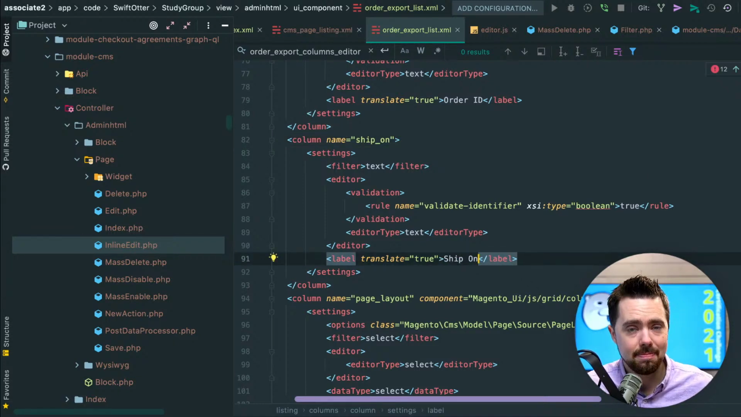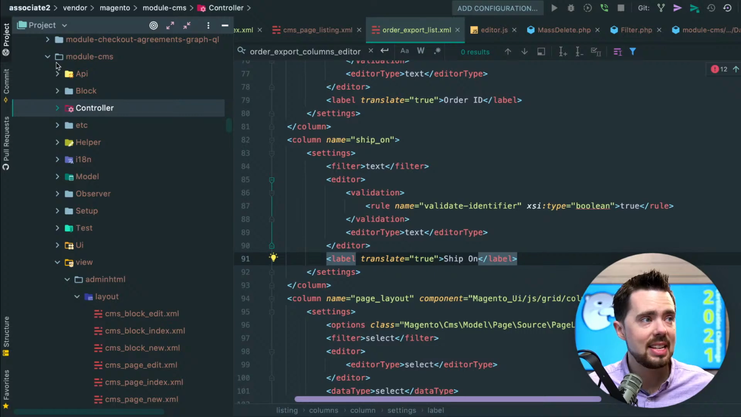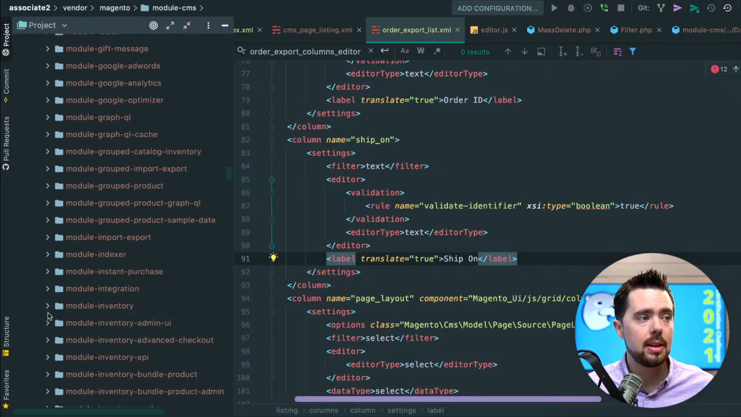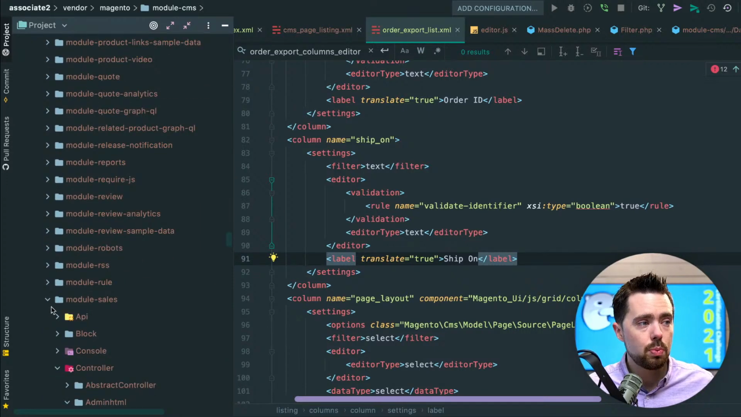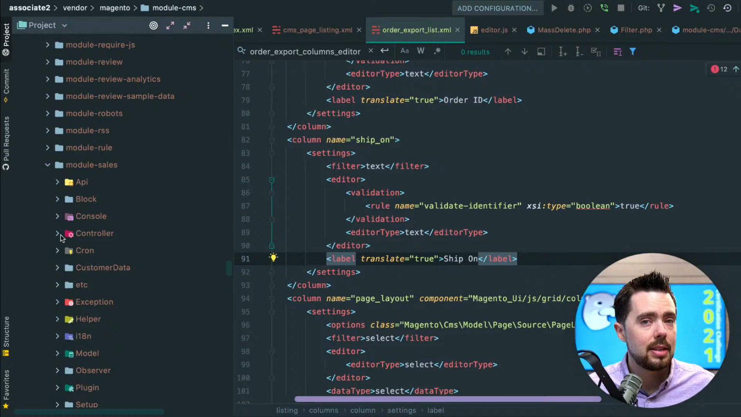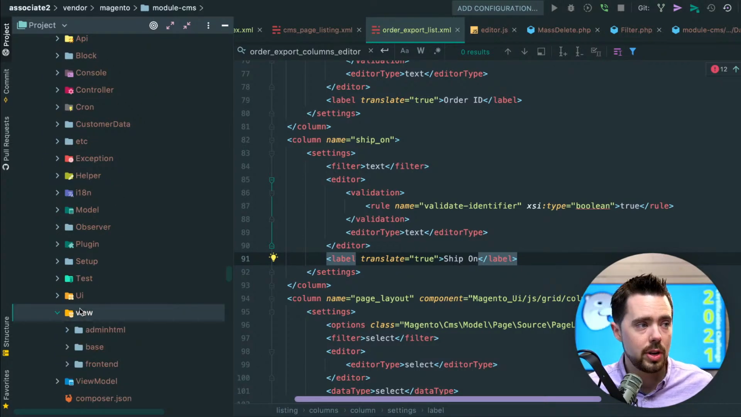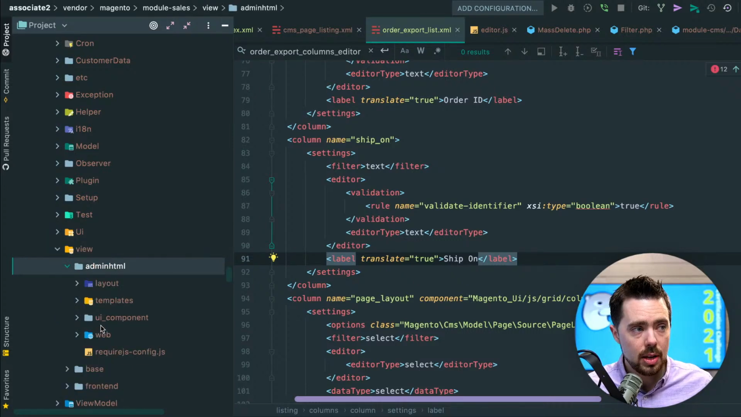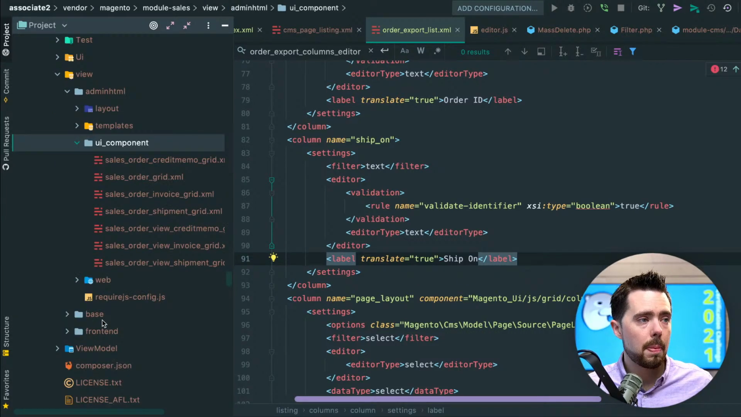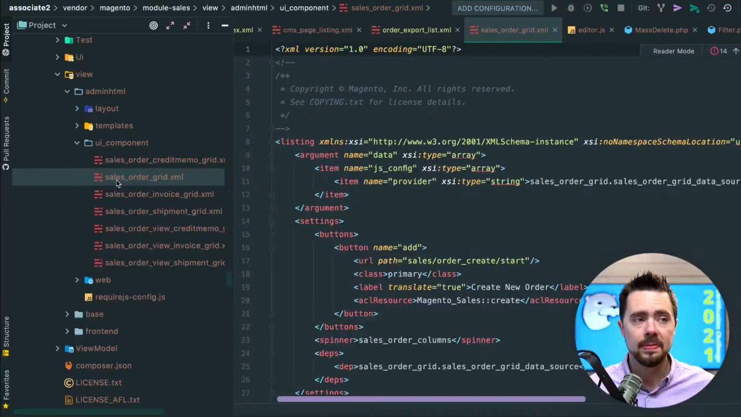Now, this is a date. How do we do dates in Magento? Well, anytime that we can find an example of some other configuration of a date, the better. So when I think of dates, where would a date be listed in UI components? A date listed in UI components would probably be in the order grid. So using our intuition, let's come into module sales, view, admin HTML, UI component, and sales order grid. Again, yes, I've remembered this from the past, but